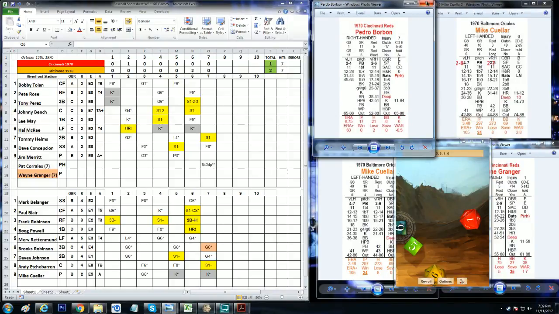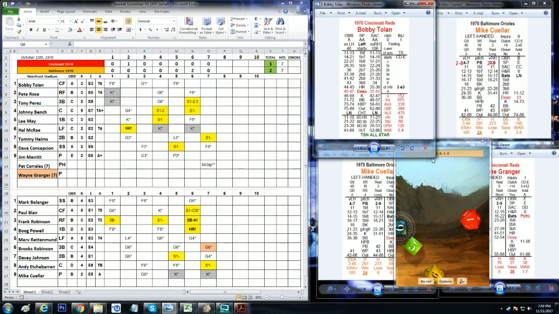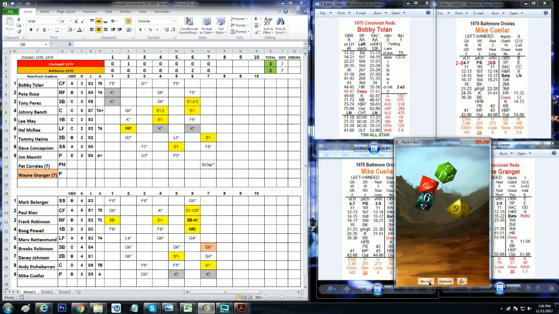the wrong thing there. Oh, yeah. Okay, there we go. So we have Bobby Tolan leading off. So Bobby Tolan versus Mike Quar. Here we go. 6 outs to get here. Quar hit, so they definitely need